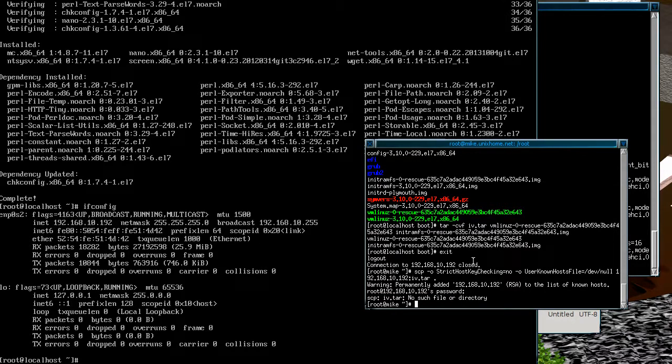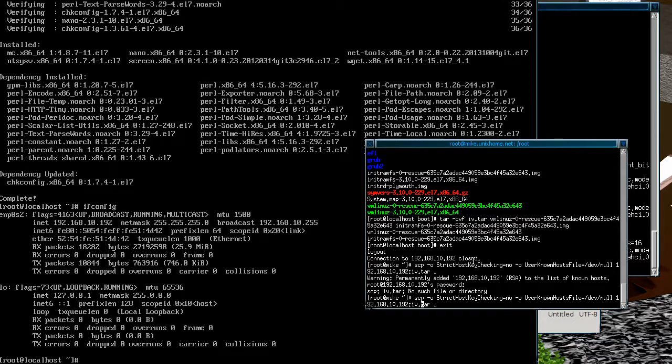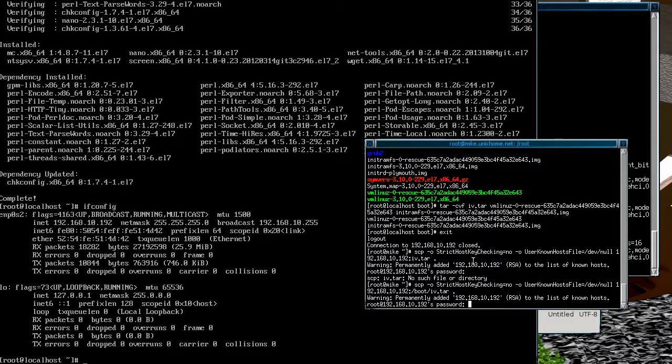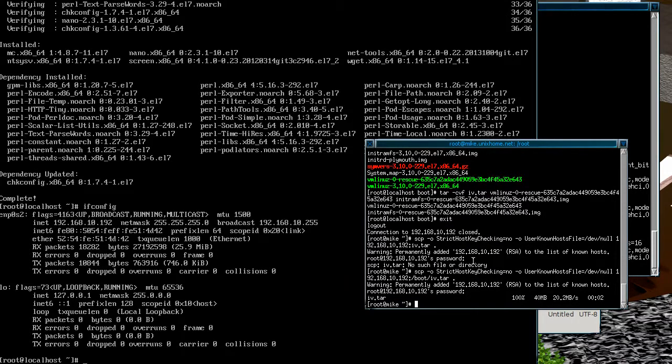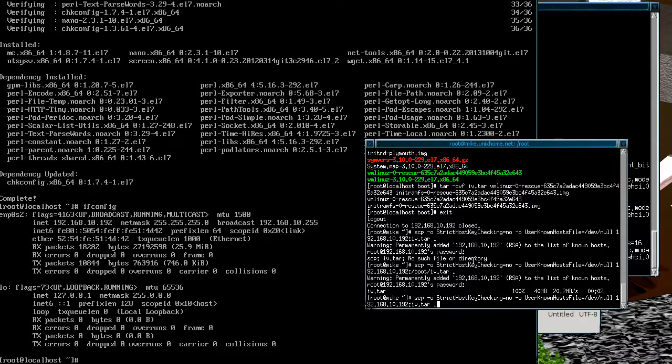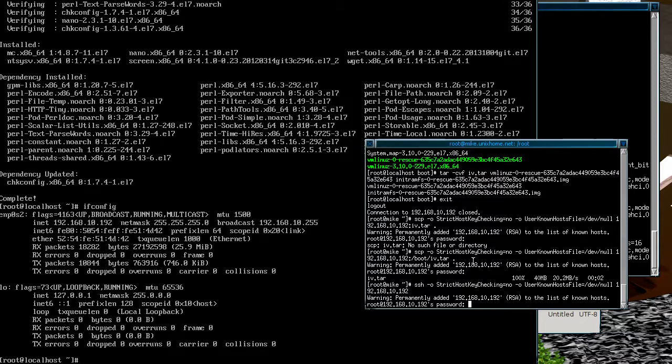Alright, so now we're just copying. Alright, yeah. It's in the wrong place. Okay, so we've got that file, and so basically we've got that out of the CentOS 7 system, but there's just one more thing I need to get from it,